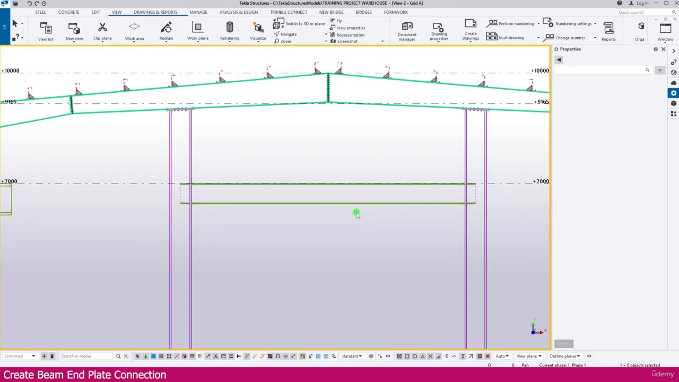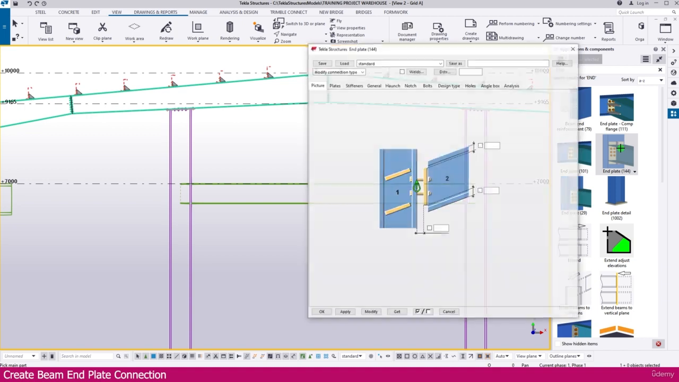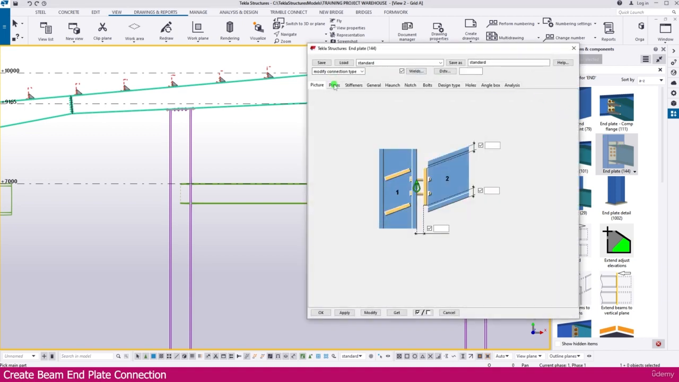Create beam end plate connection. For that, go to application and component, type here "end". You will get it here, connection 144. You can double click this connection, then go to the picture, make it here 0, make it here minus 20,